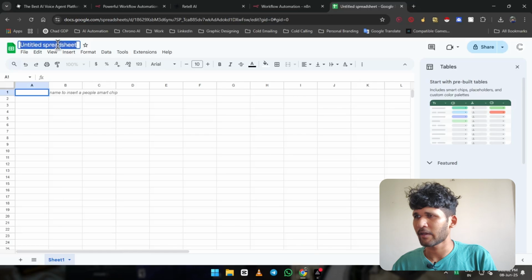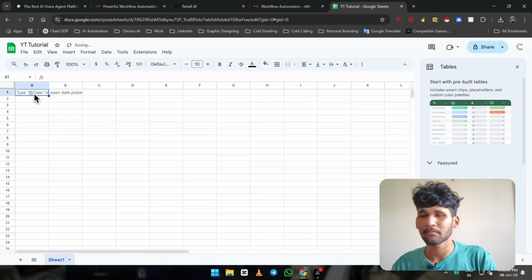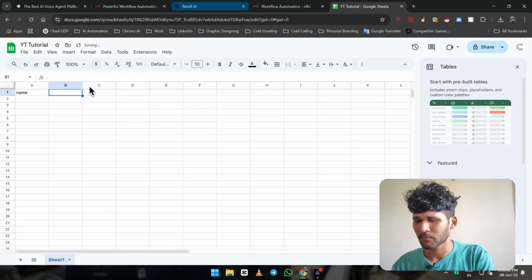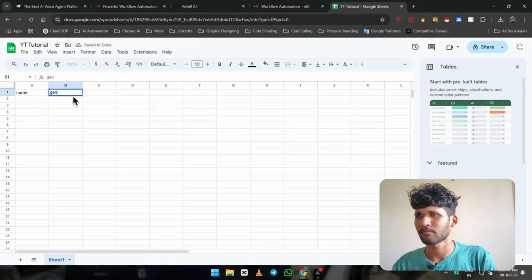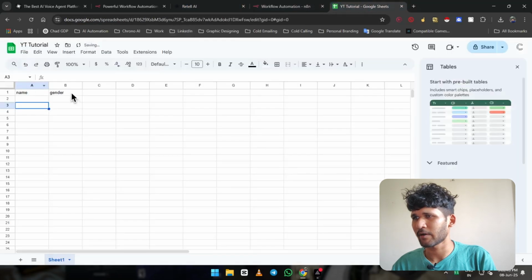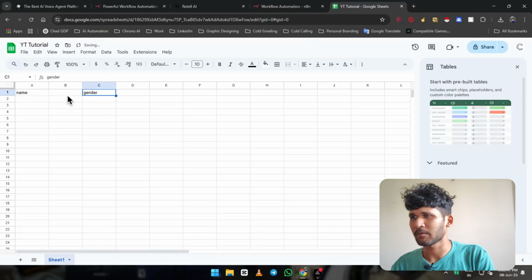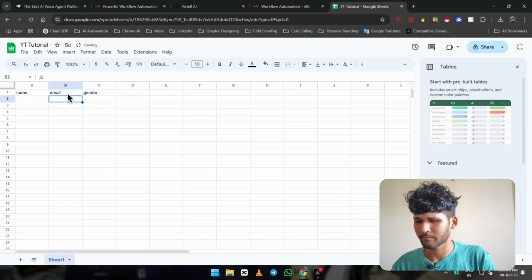Paste here, and we are going to give it the same names which are there, which is name, email and gender. Yes, let's drag it here: name, email, gender. We are going to bold it.